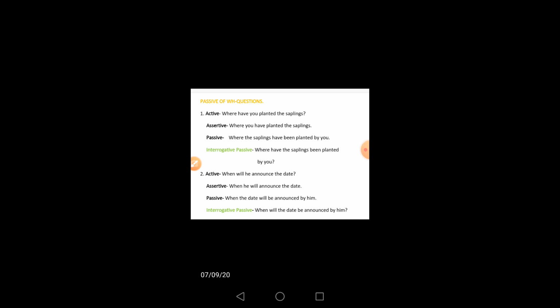Students, last week you learned passive of yes no question. But as you all know, question sentences are of two types. So you have learned passive of yes no question. So what is left? Passive of WH question. So today you will learn how to change the active form of a WH question to its passive form. And this time also you have to follow 3 steps as you did earlier.